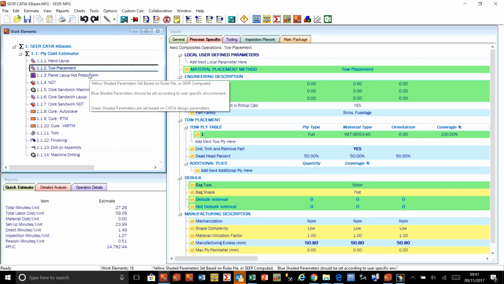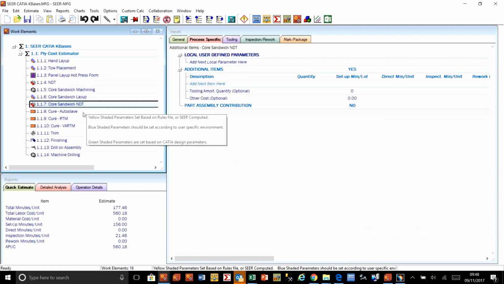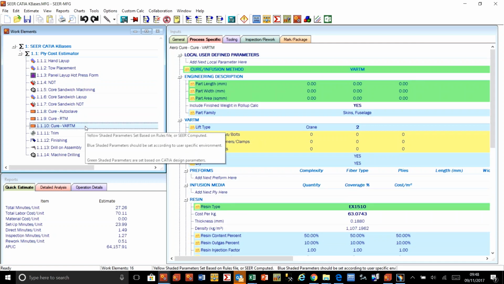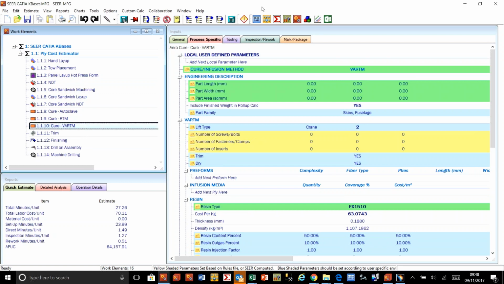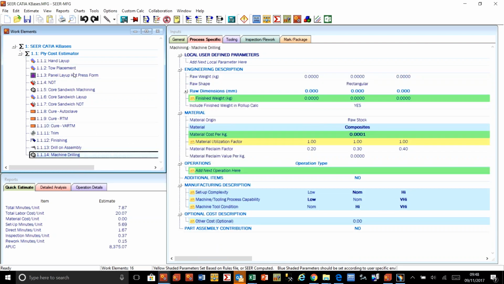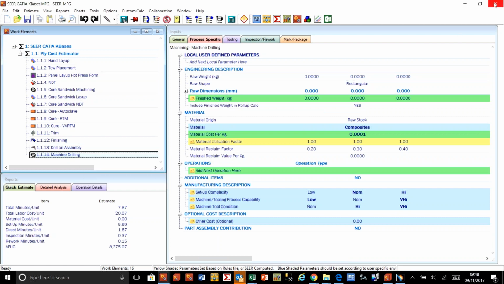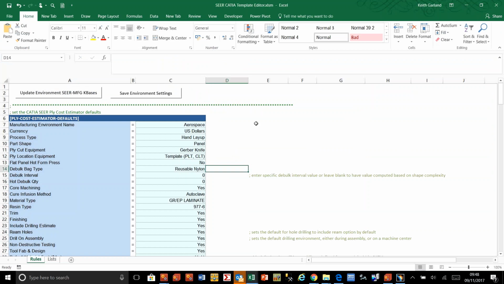Each one of these are reflected for sandwich machining, sandwich layup, core layup, autoclaving, RTM. Each has their own individual process specific. Looks a lot of inputs, very, very good engineering speak. Anyone that knows anything about composites will have a good idea of what these inputs would be for your given processes and your given capabilities. So just minimize that one. We'll minimize that. So once you are ready, you would save this, click on it, and it will say,